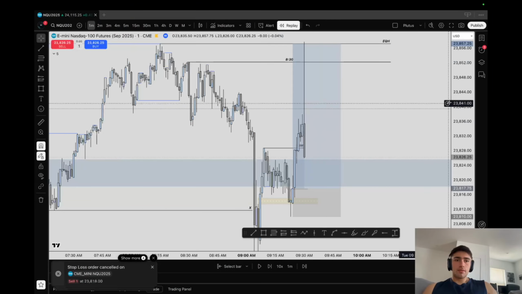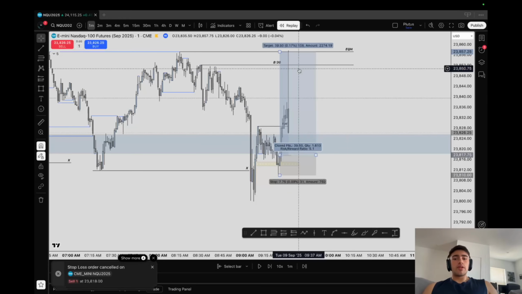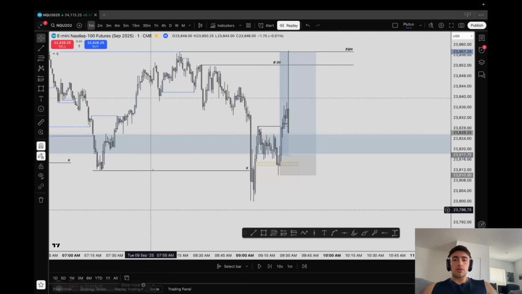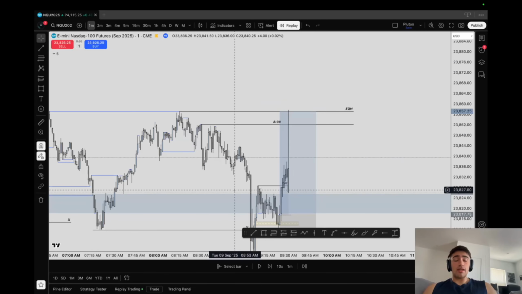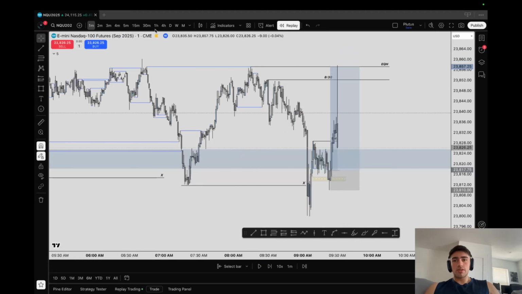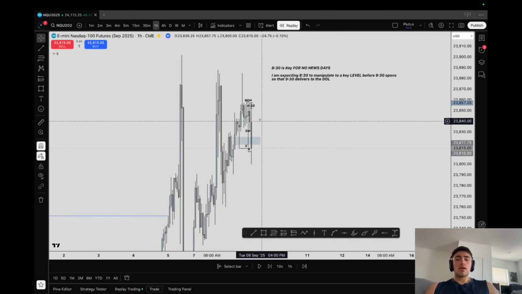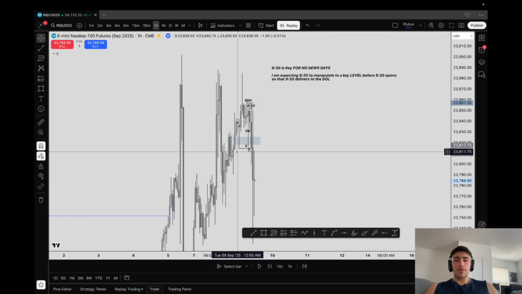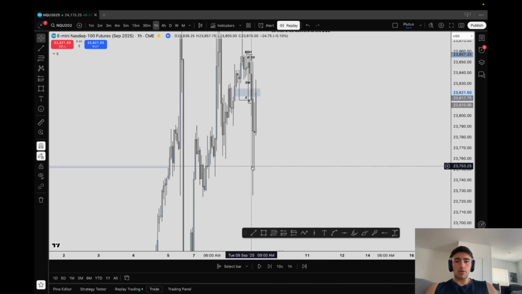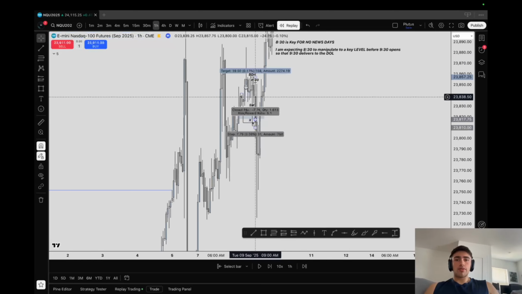So boom, pretty clean. Okay, again, this is really short term. You're not really holding it for long term unless the daily profile of the day is bullish. In this occasion, we were bearish due to other reasons that I really don't want to get into right now. But I was bearish for the rest of the day due to the fact that price was going lower up until 11 a.m. and then we got that reversal afterwards.